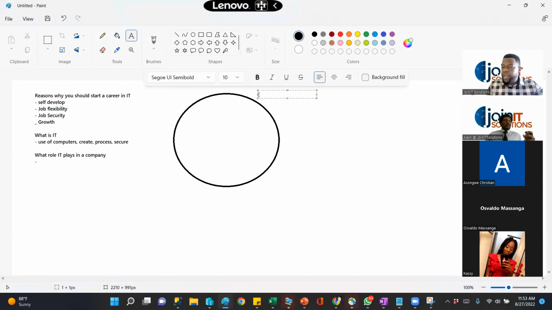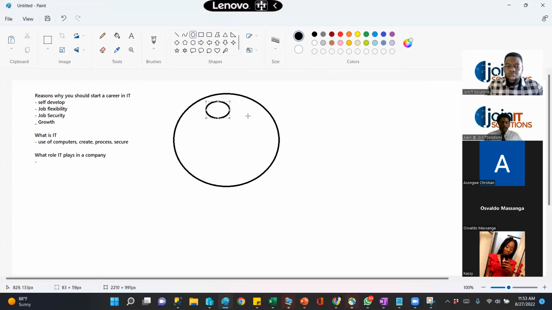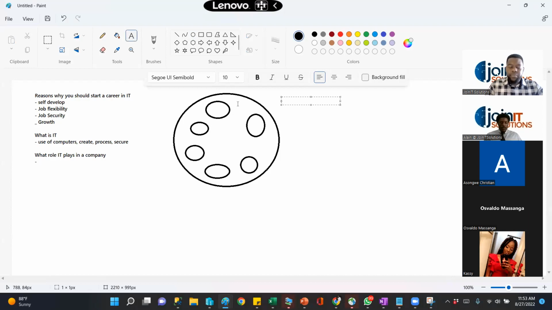With this banking company, a Bank of America or any bank, right? There are various departments that make up this company. Look at all of these little circles there as departments. If I ask you today, what are some of the departments that are in the bank? Most of you will tell me that you have accounting,